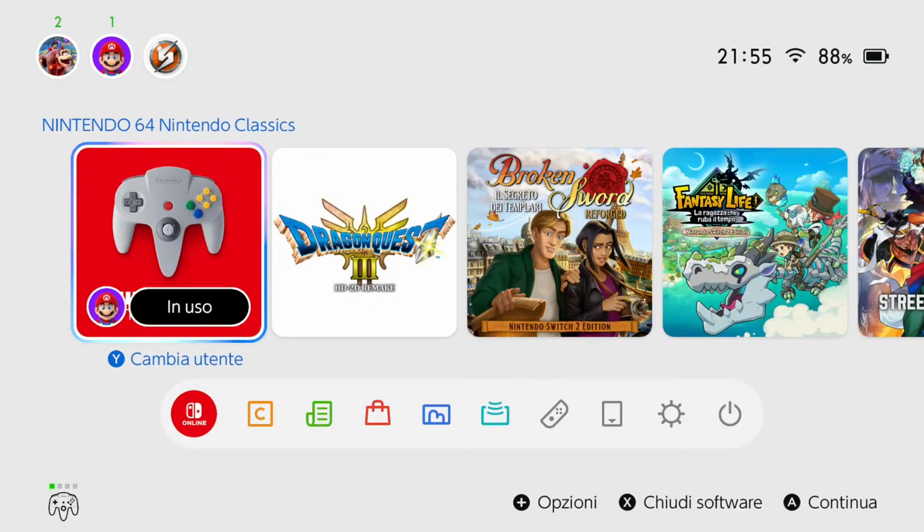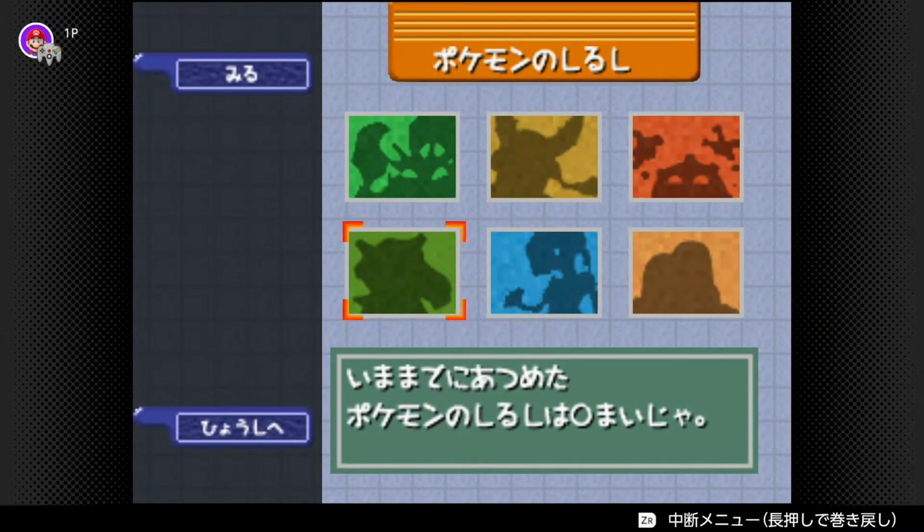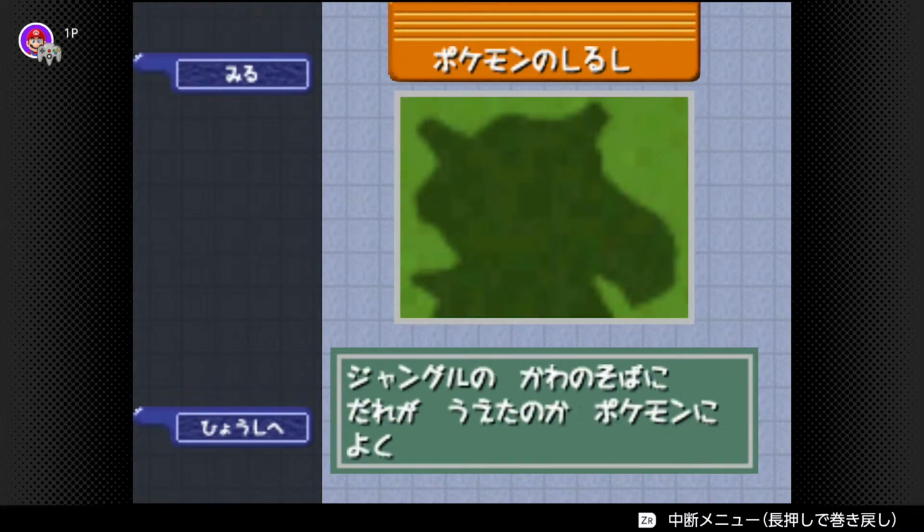And we are back. And yeah, we can now continue with the Pokémon signs, the hints for the Pokémon signs. The next one, which is this one. It says Janguru no kawa no soba ni 誰が植えたのか、ポケモンによく似た木が立っておる. First and foremost,